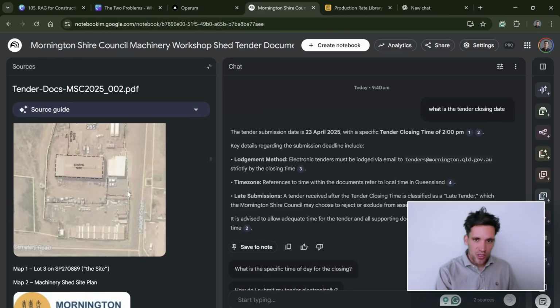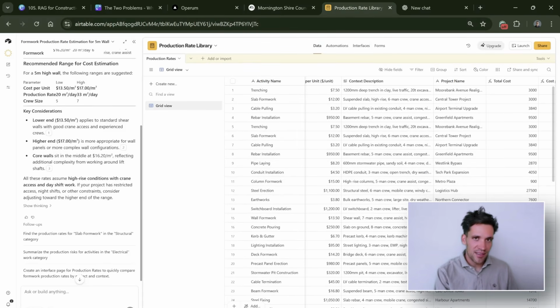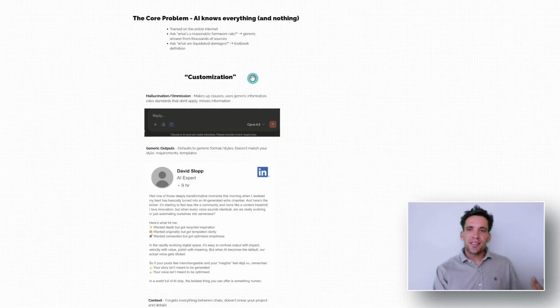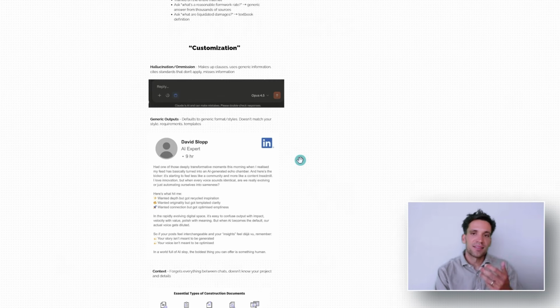One is using unstructured data like tender documents, and one is using structured data that you collect. But fundamentally, they're addressing the same problem: base large language models are trained on all the data on the internet. Anything that's widely available that you can Google, they'll be great at sourcing. But if it's specific to your business, it's fundamentally not going to be able to answer. So when I say customization and using your own data, I just want to talk briefly about the actual problems